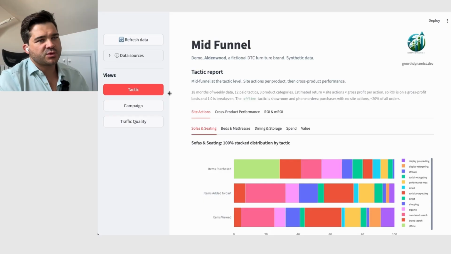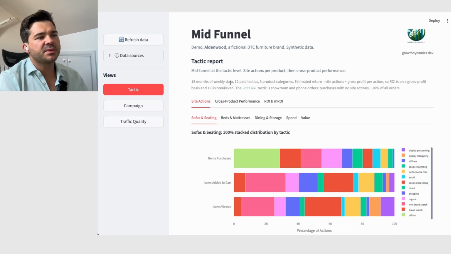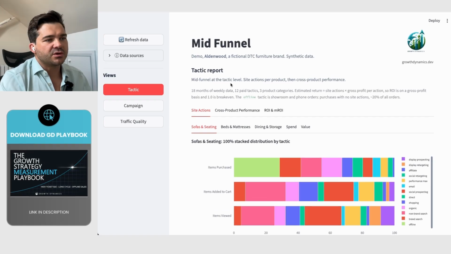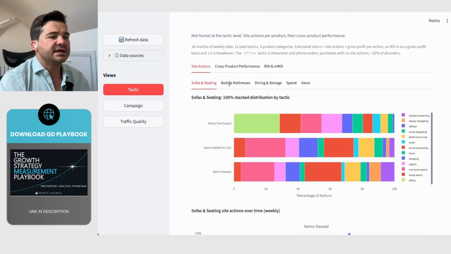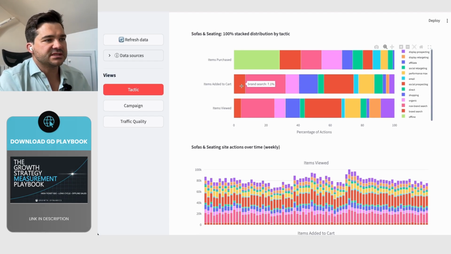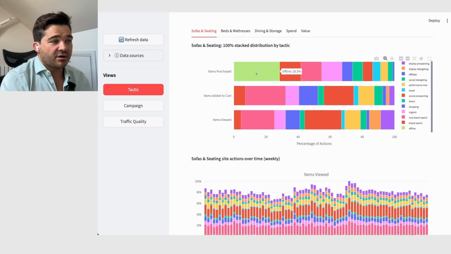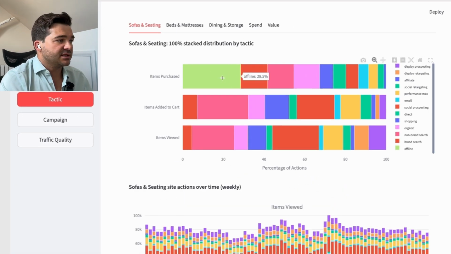So here's the demo dashboard. It's synthetic data, but it's quite inspired by a lot of clients with longer consideration journeys and offline sales that I'm usually working with. And one thing that we see very often is this scenario: first of all, you have the offline, which is just appearing in the item purchase because you don't have add to cart or item